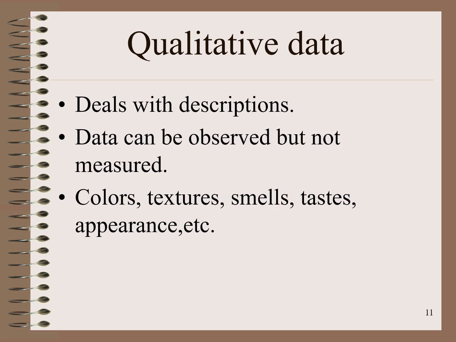Qualitative data deals with descriptive observations. It is data that is observed but not necessarily measurable. Examples of this would be colors, textures, smells, tastes, and appearance, such as being happy or sad. In some instances, scientists can convert qualitative data into quantitative data, but it can be very time-consuming.